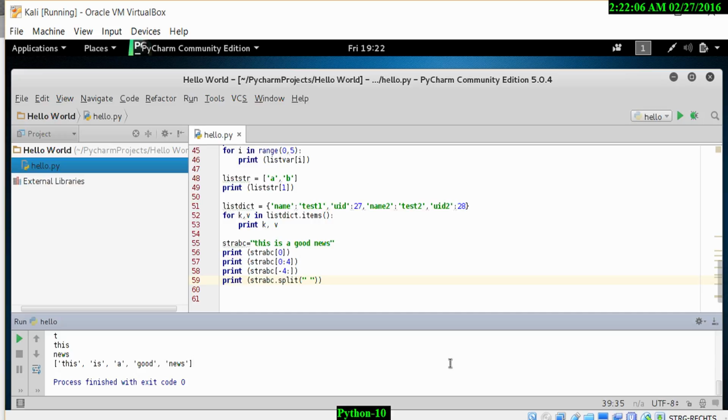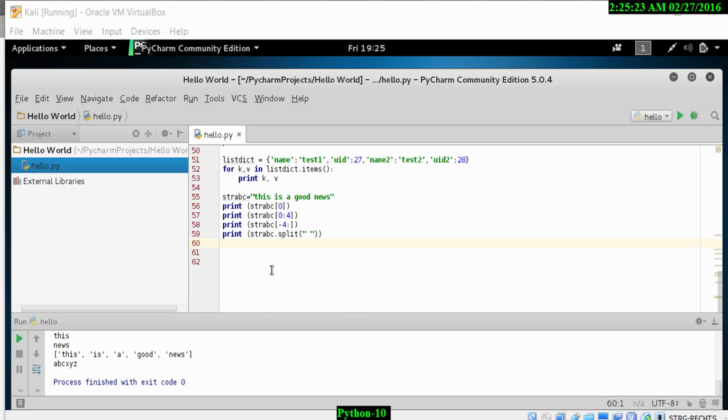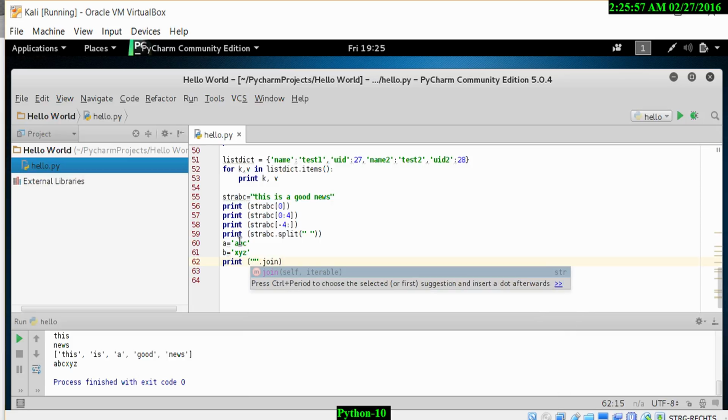In this example, we'll take 2 short strings and look at how we can join them together. Firstly, let's define A equals, and let's use ABC for A, in single quotes. And B equals, let's use XYZ, also in single quotes. Now to join them, we want to print, and this time when I open brackets, I'm going to use double quotes with no spacing in between, then a comma, then join, and